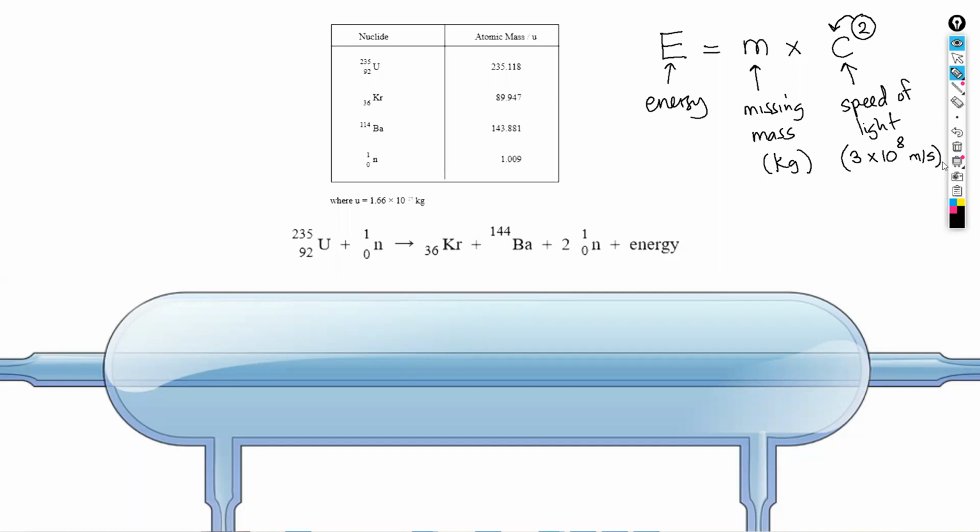All this formula basically says is that if any mass goes missing, the missing mass is converted into energy, and this formula allows you to calculate that amount of energy. But we have to be careful. The mass has to be measured in kilograms,